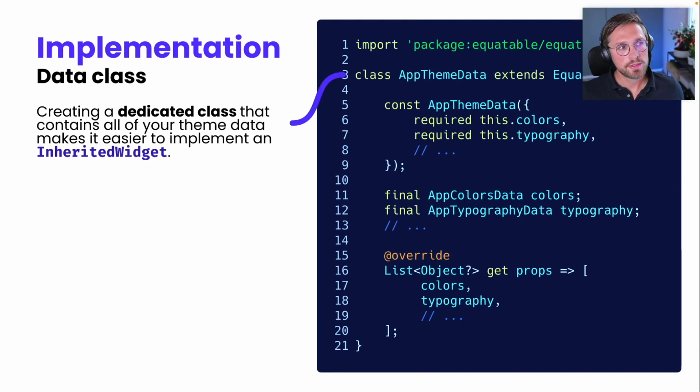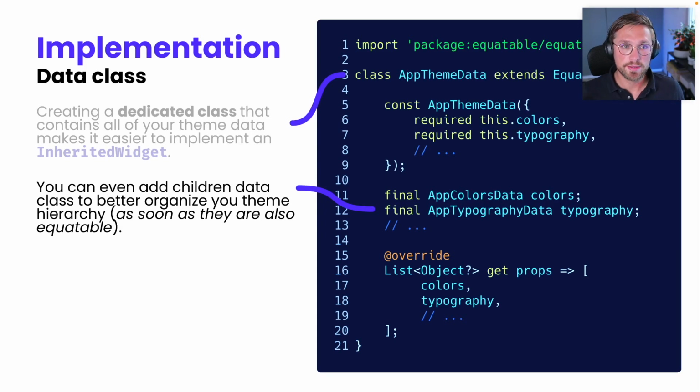To implement this, I generally create a dedicated class to store all of the resource values. So I start by creating a simple Dart class, which is named AppThemeData. You can even split this class into smaller ones to make things more organized. For example, I like to create a class for the colors, a dedicated class for the typography, for the images,